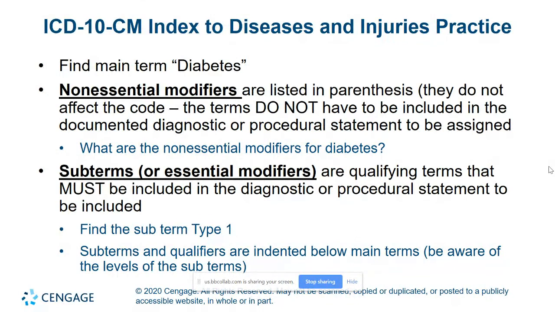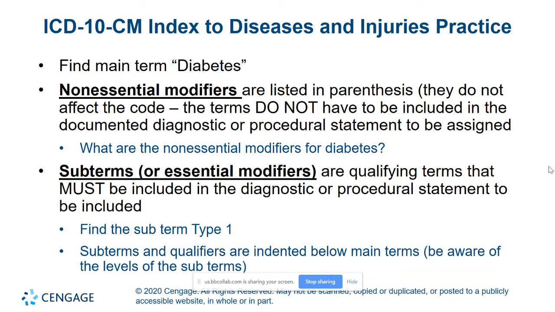Look on the previous page. If you were to look up diabetes due to drug or chemical with renal complications, see how just because it says that with renal complications, it does change the code there. So that's why it's important to make sure every term that you're looking up is included in that record and that you follow the